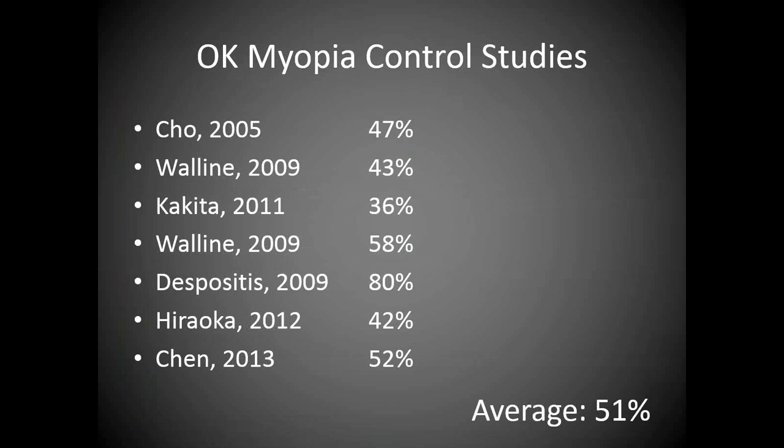Now, I should note that we cannot say, looking at any particular child, what their progression will be. When a certain family comes in with two myopic parents and their 6-year-old is a -1 myope, we can't say if doing orthokeratology is going to cut the myopia in half. It might cut the myopia in half. It might progress 100%. We just simply can't say which patients will progress a lot and which patients won't progress